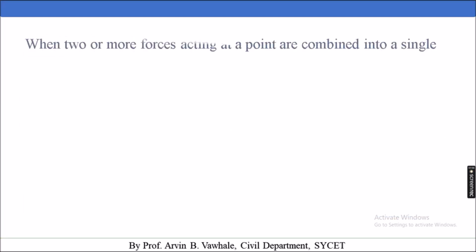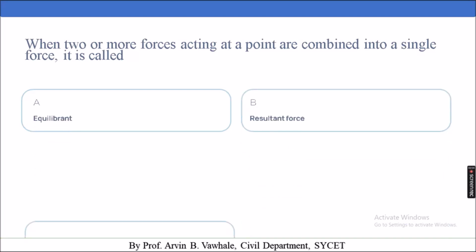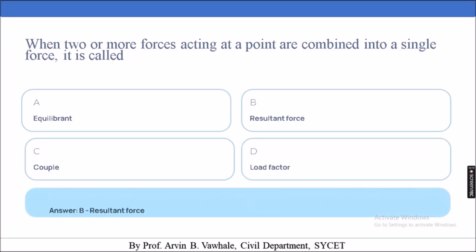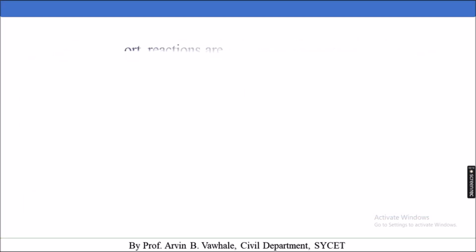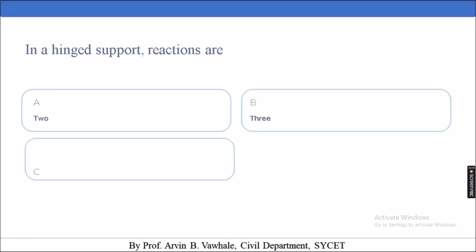When two or more forces acting at a point are combined into a single force, it is called: option A, equilibrant; option B, resultant force; option C, couple; option D, load factor. Answer: B, resultant force. In a hinged support, the reactions are: option A, 2; option B, 3; option C, 1; option D, 6. Answer: